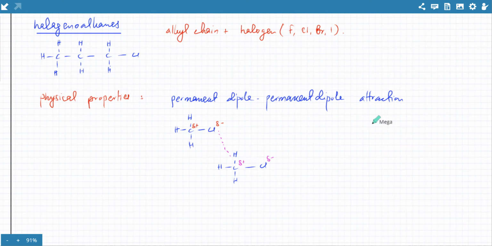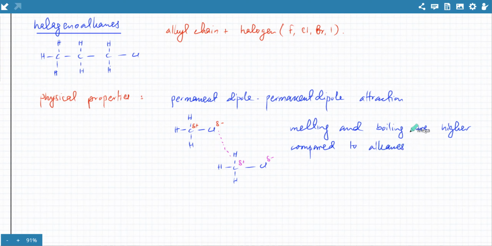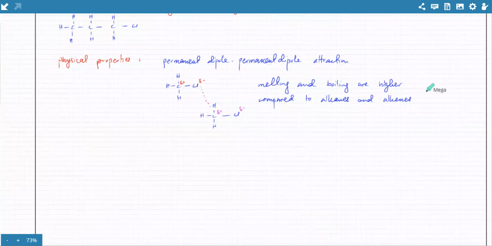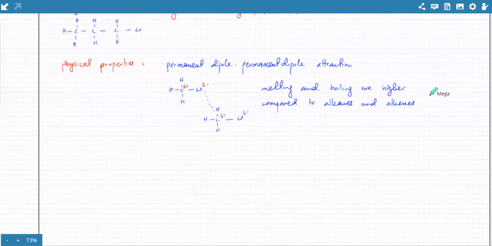So the melting and boiling points are going to be higher. That's the first property. Melting and boiling points are going to be higher compared to alkanes and alkenes. So that's about physical properties, because alkanes and alkenes only had van der Waals forces, but halogenoalkanes have permanent dipole attraction. And remember, the strength of the dipole